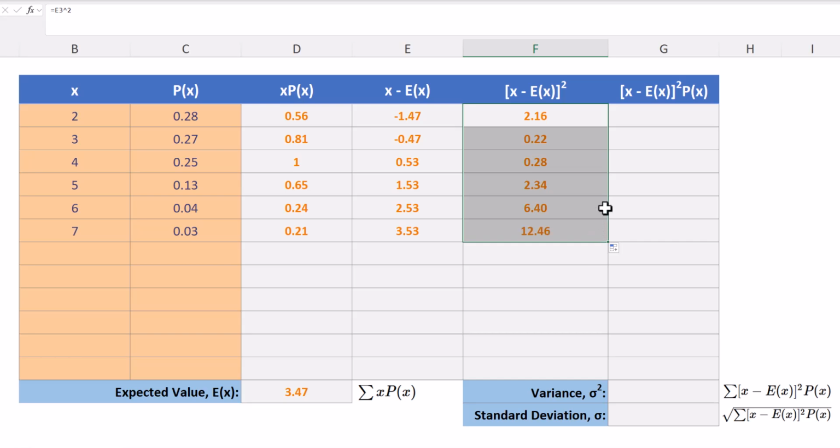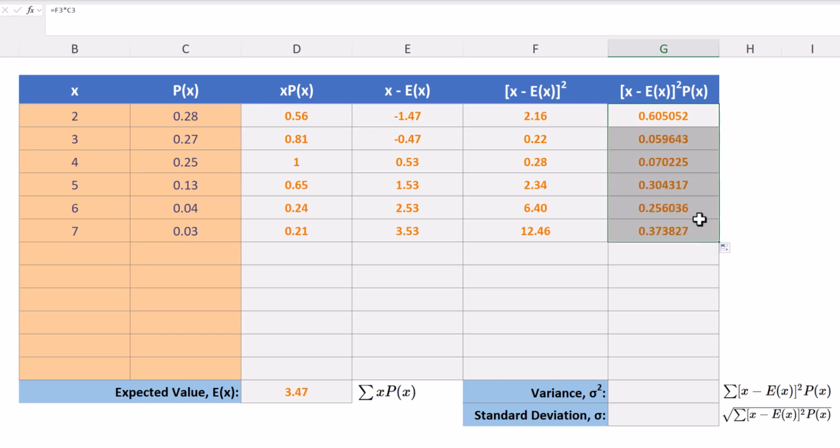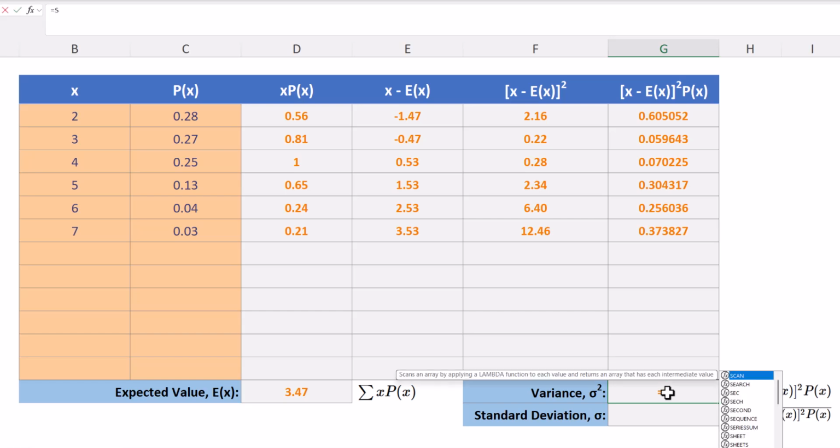And then finally, we're going to take these values here that are squared, and we're going to simply multiply them times the probabilities. So we'll take equals this times P of x, or this cell, enter, and I'm going to fill this down. And we're all ready to go. So next, to get the variance, we're just going to sum up all of these numbers. So I'll click here, equals sum, highlight these numbers,